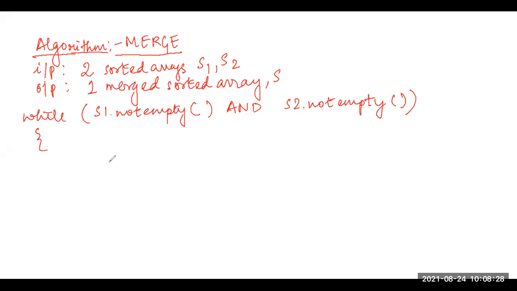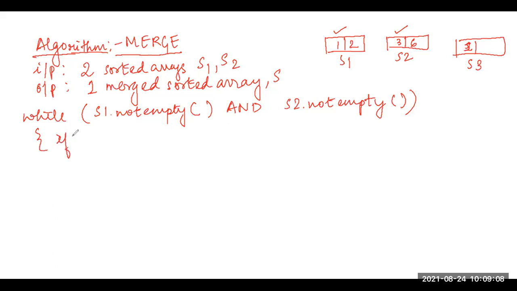If the first element in my first list was lesser than the first element in my second list, then I removed the first element. Suppose this is 1 and 2, and this is 3 and 6. So if the first element was lesser than the first element in my list 2, then I removed the first element from my list 1 and I entered it in my list 3. This was the thing I was doing.